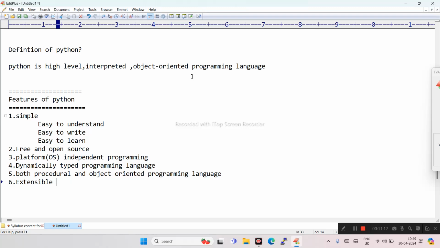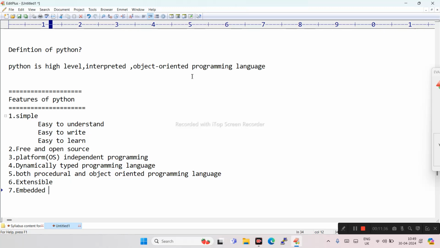That is possible with Python. Likewise, if you have a Python project, you can add features from a different programming language into your Python project. That is called embedded.